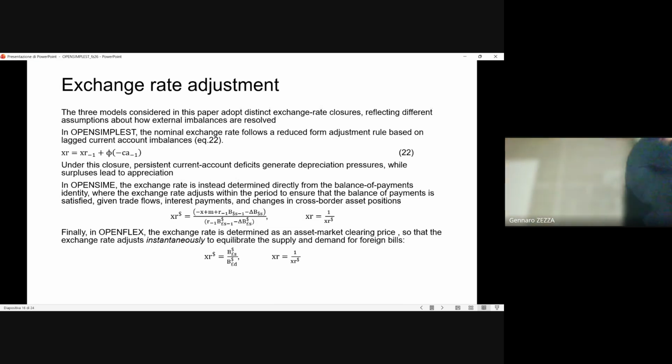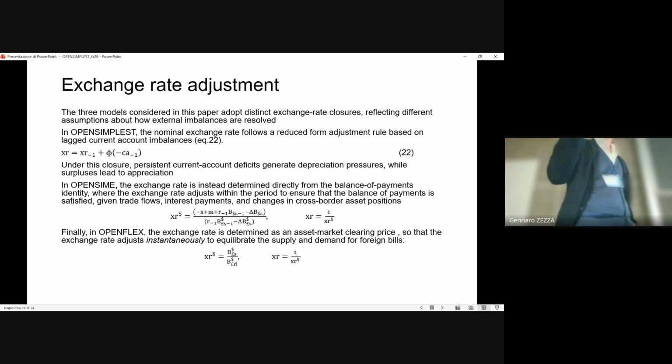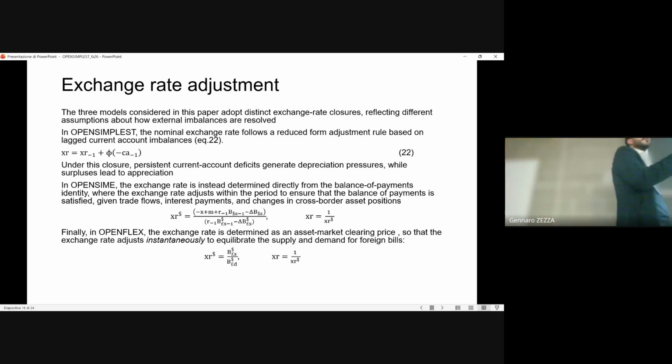And finally, the exchange rate. So this is the last equation of the model. Up to now, I guess only one of the other equations was different from Carnevali's version, but this is the biggest change with respect to the previous models. So in my model, this is the current version.